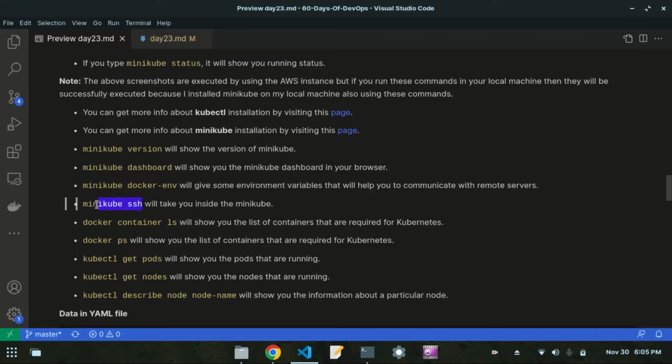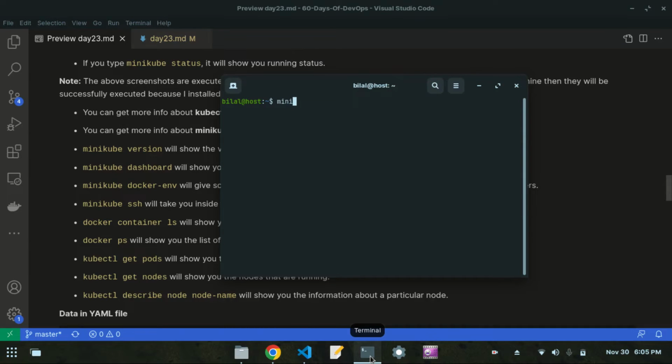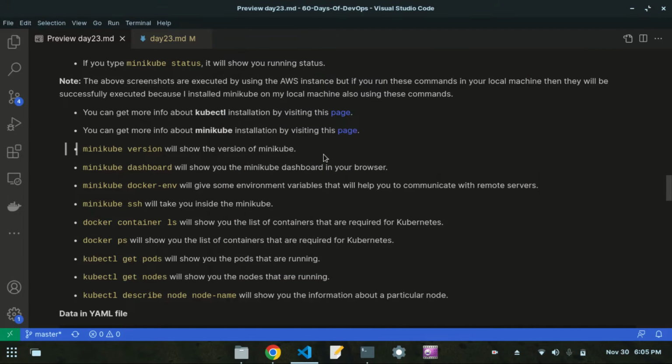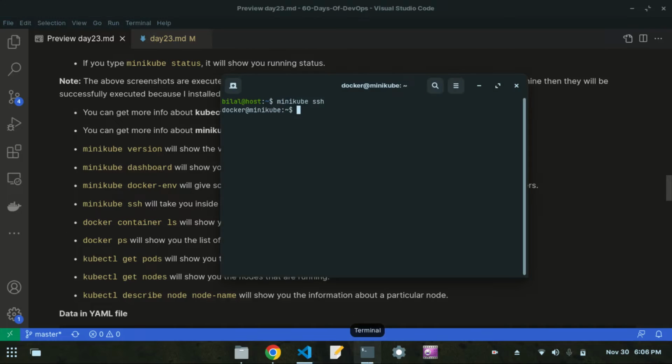After that, minikube ssh will basically take you inside Minikube. So minikube ssh, it will take me inside Minikube. And after that, this is the docker container ls. So let's close this. Sorry. I will exit it, and after that I will write minikube